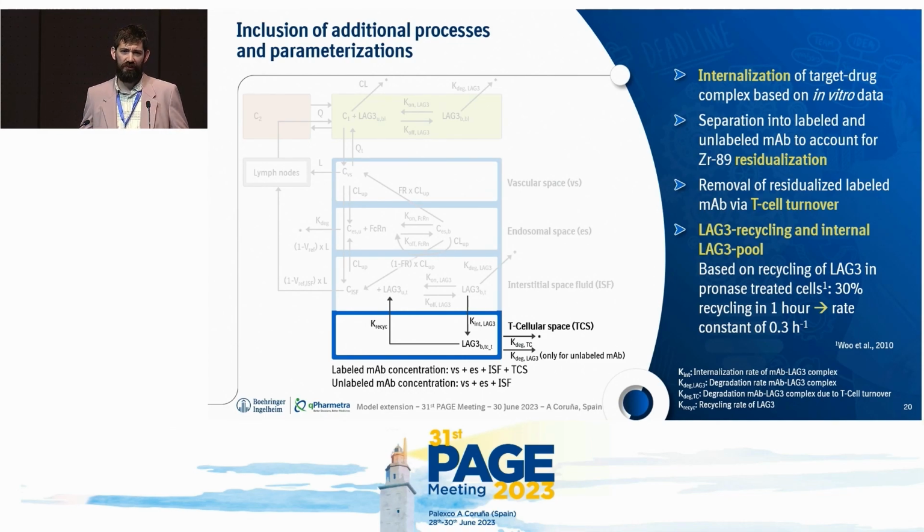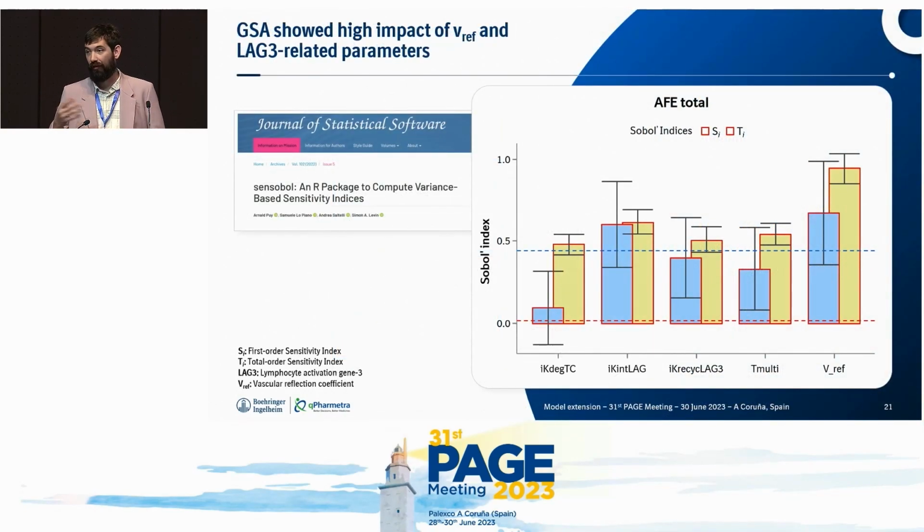These are a lot of processes and parameters to add to the model. So at this point in time, we performed a global sensitivity analysis on all parameters present in the model based on Sobol's index. And here you see the 5 most sensitive, most impactful parameters. So basically what we did was vary the entire parameter space over a large range of possible parameter values and look at the different concentration predictions and performance metrics in order to figure out which parameters were actually important and which were less important.